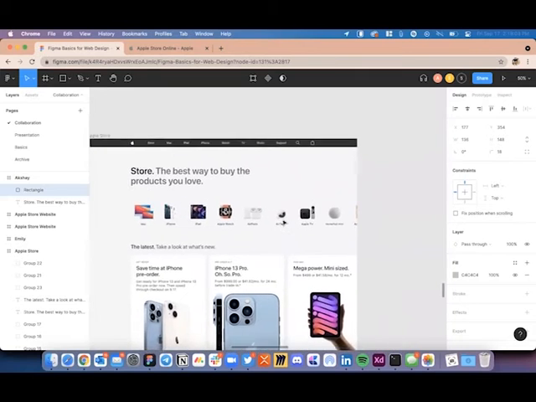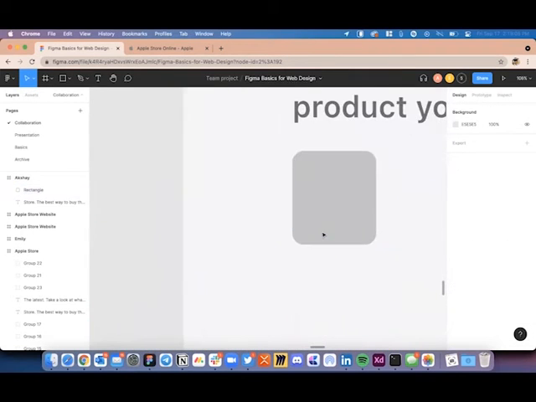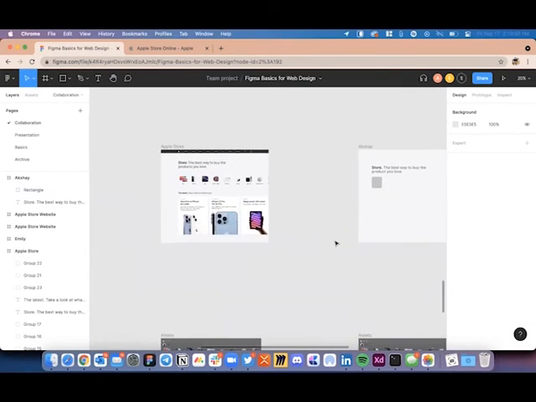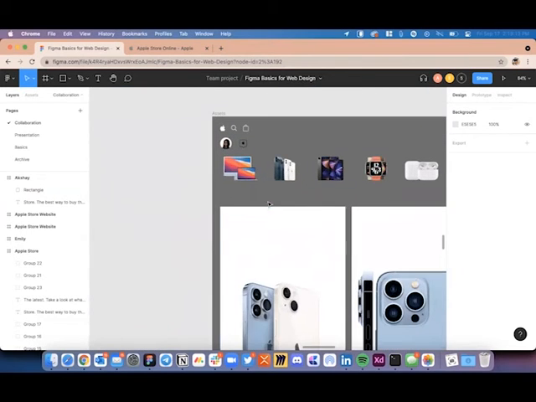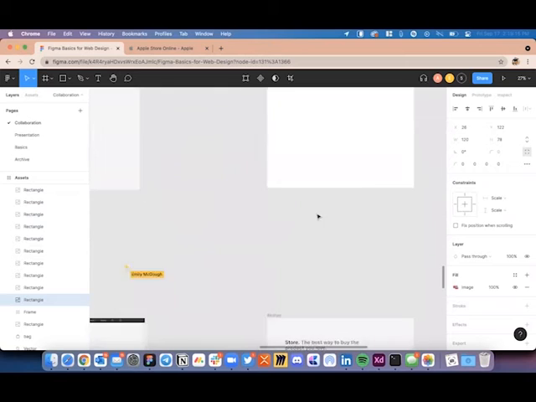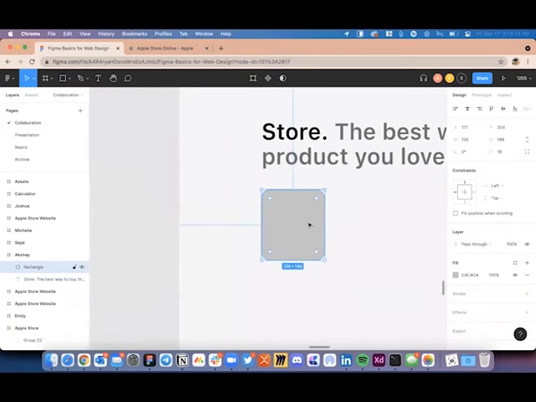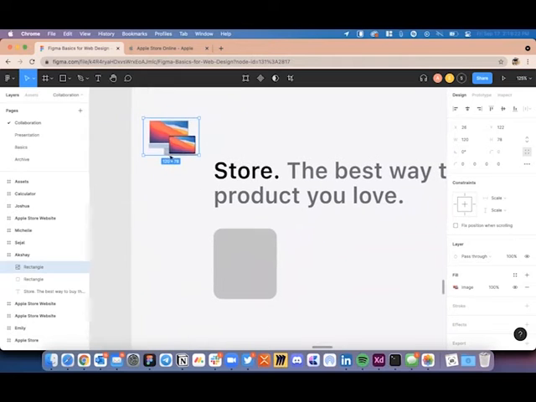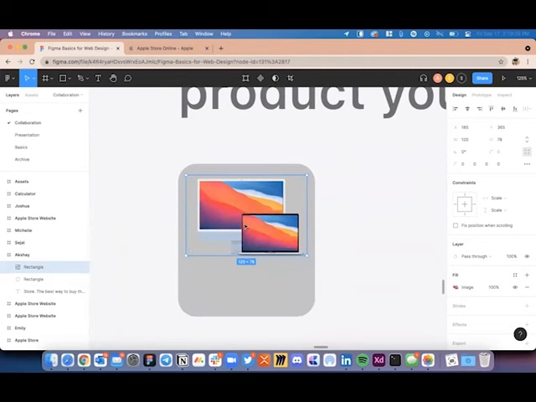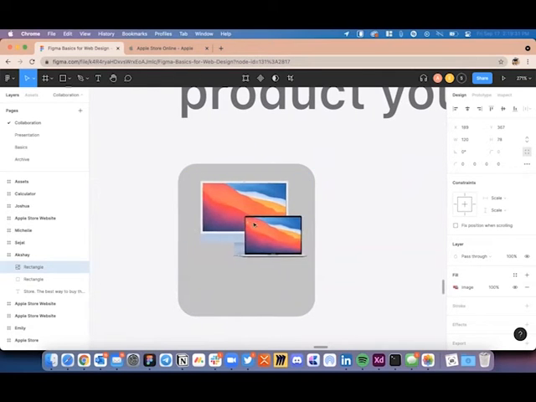And then we are going to go ahead and add the Mac image that you see on the top of your frame, which is this one. We're going to copy that image, click on this rectangle, paste it inside. You'll see that it has pasted it randomly somewhere outside the rectangle. You can drag and drop it, bring it inside the rectangle. You will see that when you are moving it, Figma again gives you guidelines. So let's make sure that it is centered to the box.